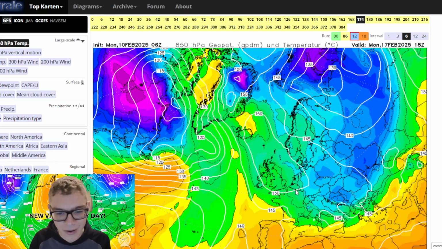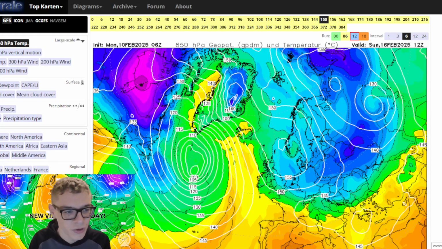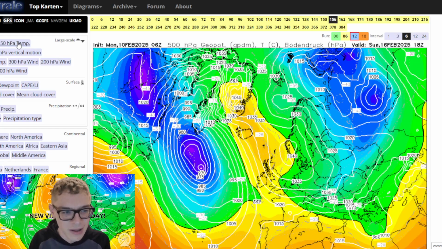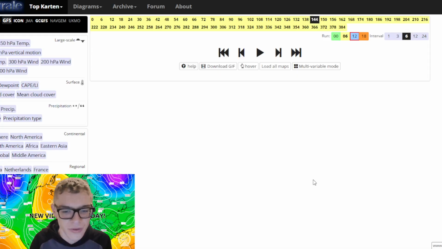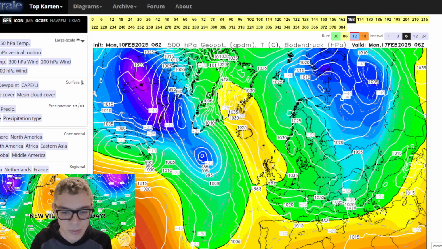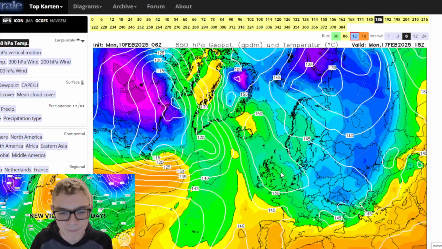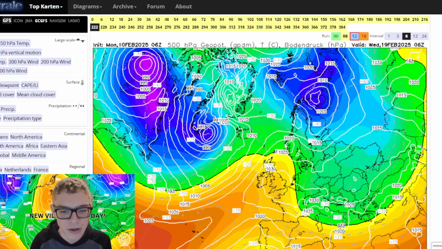We actually bring in some very cold air from the east for a time. The -10 line, obviously not a great block, but again, it's just the signal we want. Will this high pressure stick around? The -10 line, we bring some really cold air in from the east there, moving into the southeast, probably a few wintry showers in the east and south and southeast there, before it gets cleared away, but that was an interesting signal.